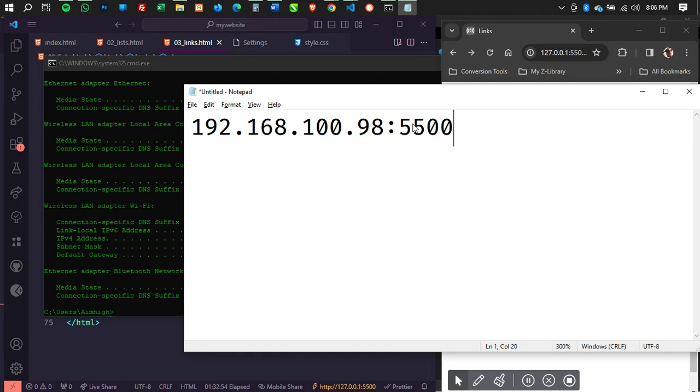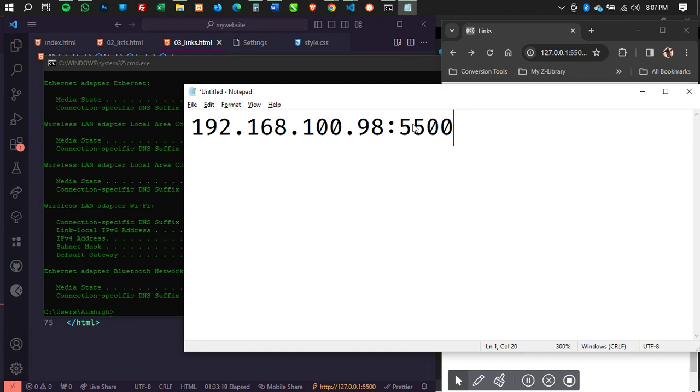So that's how you'll be able to test your websites directly on your phone when you are working. So you don't need to actually host your website before you can test it. You can just use this trick to test it. Even if you're working with WordPress or any other platform, you can test your website directly on your mobile phone. That's a handy thing. I believe it's working for you.